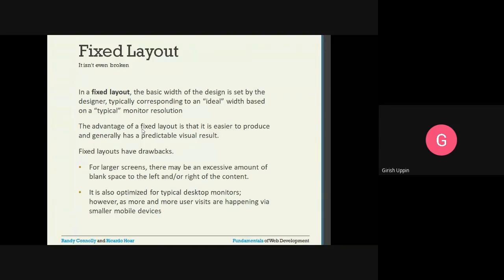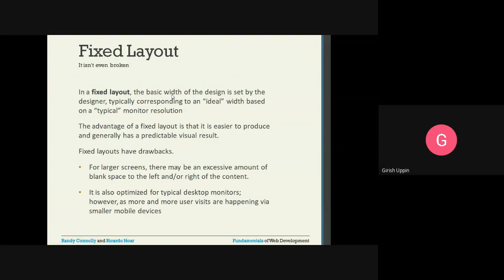Or if you think it will predominantly be accessed by laptops or desktops, then with that in mind you can have your layout, that is a fixed layout. In a fixed layout, the basic width of the design is set by the designer.